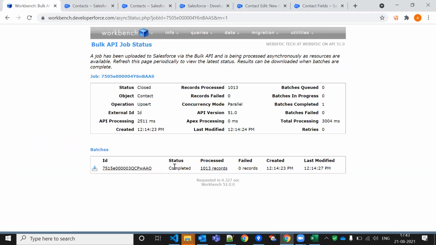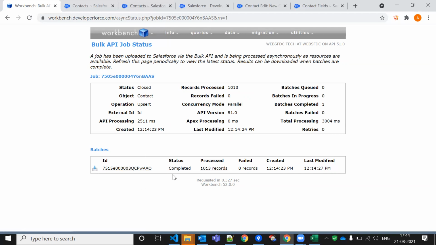Because we have very simple data, it is not complex, so automatically you think 1013 records are processed in just 1 second. But it is not like that, because every time it handles 200 records at a time. If you want to increase the batch size, you can increase it up to 2000. If you want to decrease it, you can decrease it to 1 record. But by default, Salesforce gives 200 records at a time.